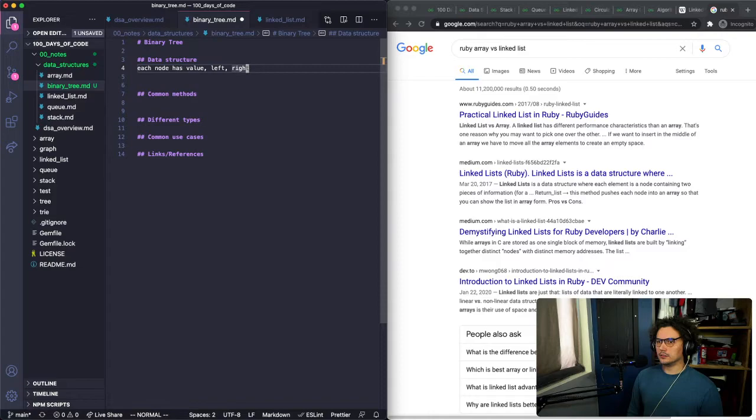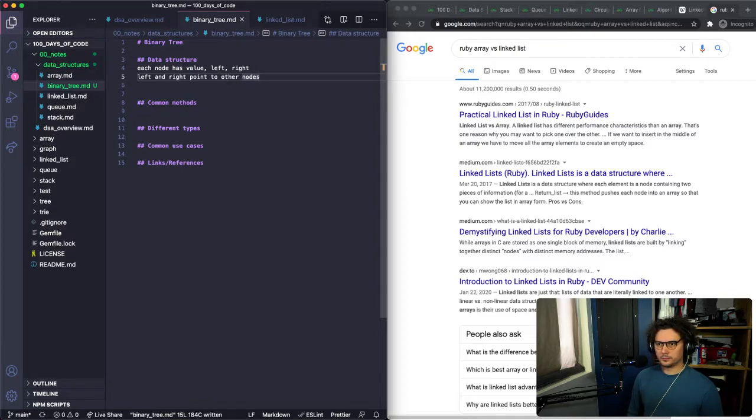Each node has a left and a right that point to other nodes.